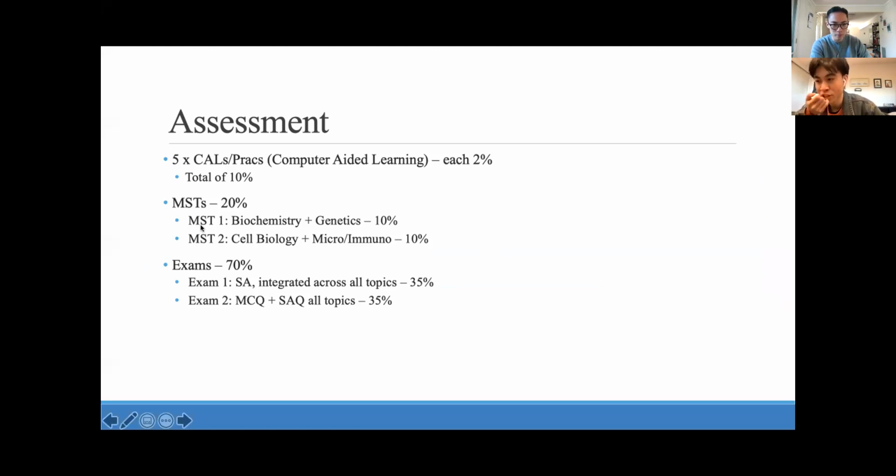Okay, so the assessment's not that bad during the semester. It's just the 2 big MSTs. They were 20%. The first one covers the first 2 topics that you'll go through, and then the second one covers the next 2. There's no pathology, I don't think there was pathology in the last block. Yeah, it's just these ones. And throughout the semester, you go through 5 of these pracs. It's literally just like an online prac, unless it's in person, then it might be a bit different.